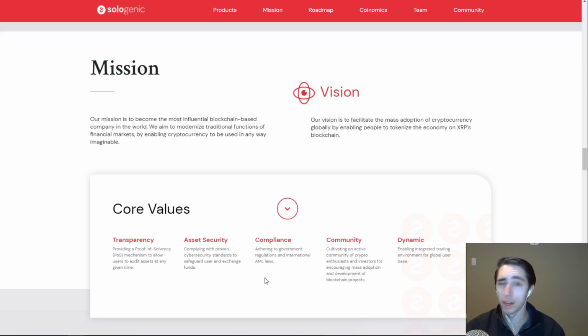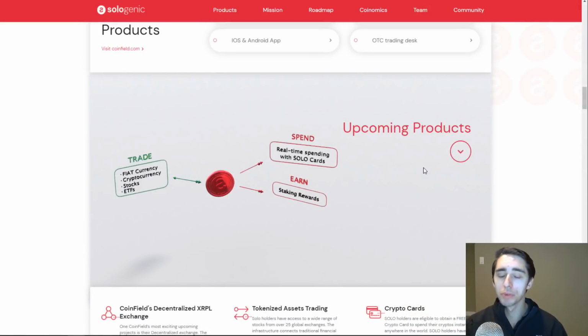And along with that, compliance. Again, guys, there are so many cryptocurrency companies that don't take these necessary steps, and it's definitely imperative, even for decentralized platforms, to have some form of compliance. It's going to make sure that Sologenic can safely operate over the coming years and decades. So again, I think it's good that they're doing these steps. I like to see that they're regulatory compliant. Along with that, they're big on transparency, proving solvency in the exchange, and doing it all in a decentralized fashion. So I think that's very valuable too. So kind of a general thesis here: I like the vision. I can't wait to see Sologenic come out.